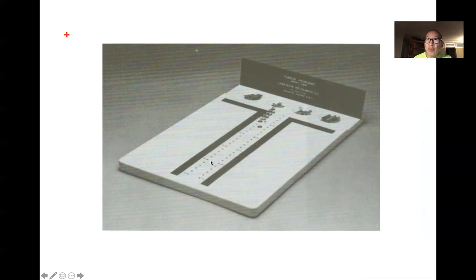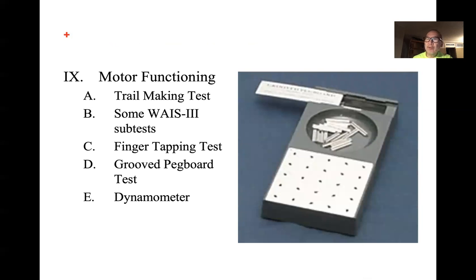Very similarly, a grooved pegboard. Interesting enough, this test was initially developed in order to test factory workers and their ability to, guess what, put pegs into grooves. But then it was discovered it's not just a good task to see how fast someone can put little pegs into grooves in factories, but it actually was sensitive for picking up brain problems. And the other is the